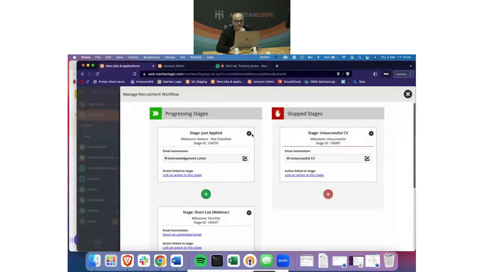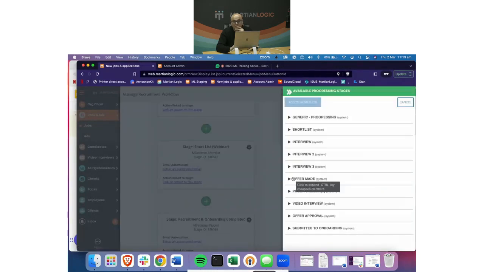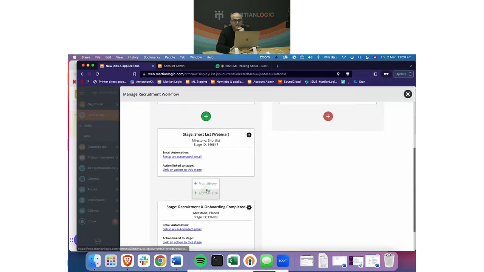The next thing is phone screening. So we want phone screening after the shortlist. Let's see if there's one in the library. Do we have a phone screen stage? Milestone. Okay, it doesn't look like we've got anything in the library. So what we'll do is we do one from scratch, and we call it